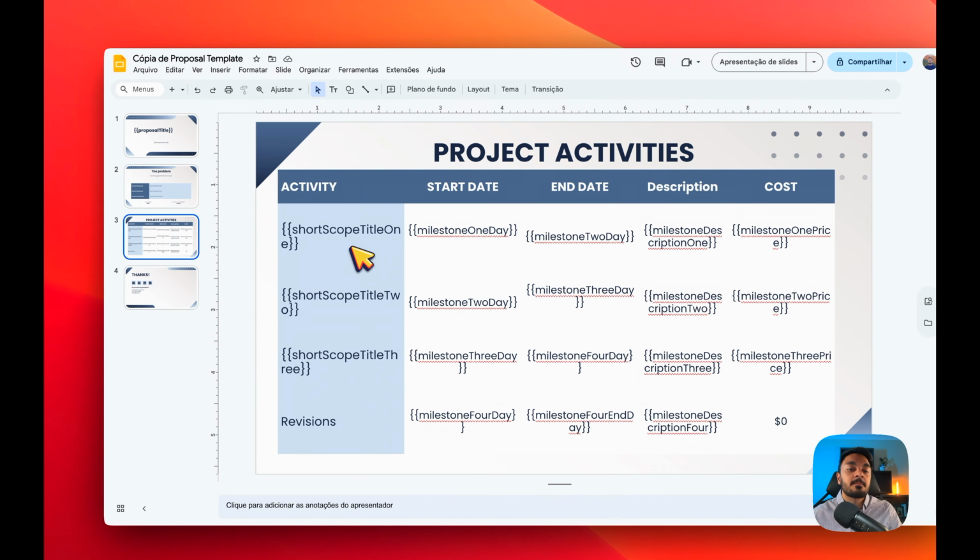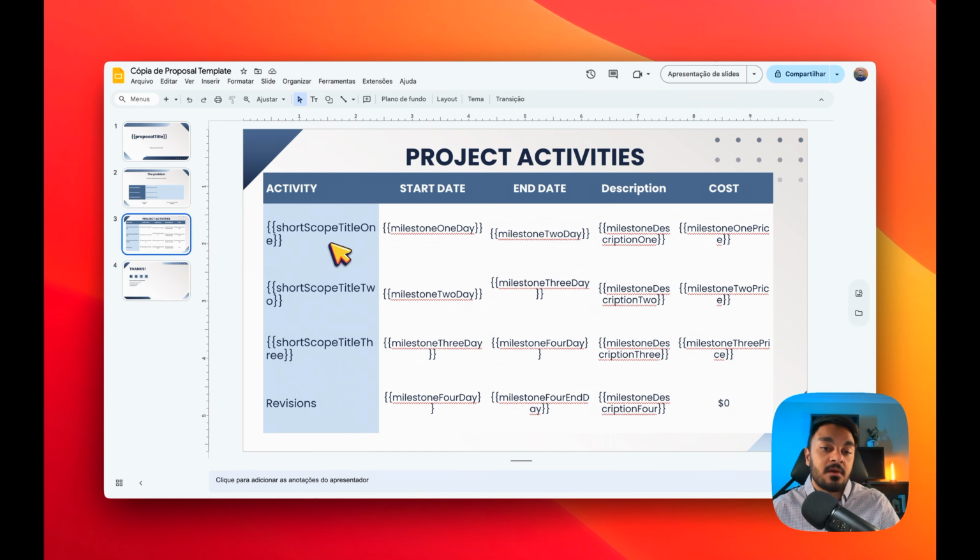And over here, we also have the scope. Why? Because whenever we're building a proposal, we also need to tell the deliverables. So in here, I have the same thing, problem 1, problem 2, problem 3, and here I just put revisions. In case any of my clients want to have any revision or anything they want to be fixed,